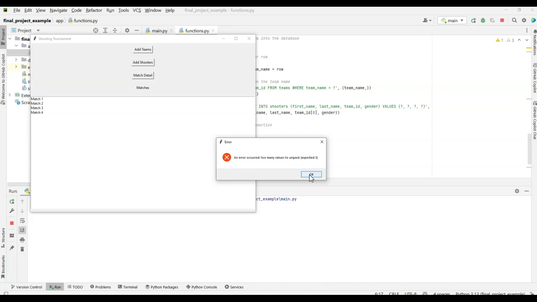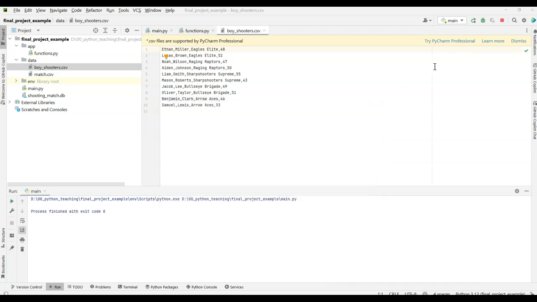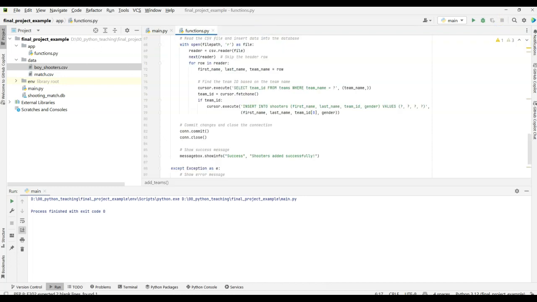Okay. We'll go look at that and see what that error is, and I'll report back on what that error is. So hold on. I think what this error means is that it expects 3, but there's 4 columns, right? So we have first name, last name, the team, and the points. So we need to adjust the add shooters to just use the first 3 columns and ignore the last one. Okay. So let's close that and close this so we're not running anymore. Let's go ahead and stop that, and we can close that. Let's go and look and see